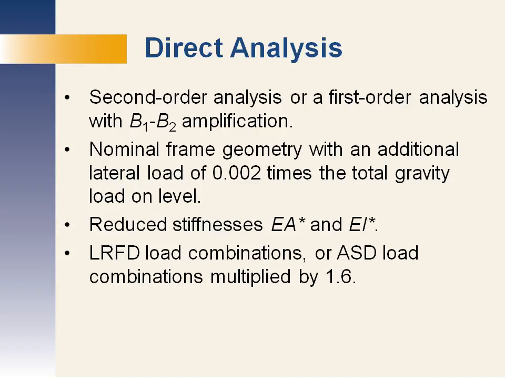The fourth thing that we have to do is use strength level load combinations. That's LRFD load combinations, which is easy if you're doing LRFD. If you're choosing to do ASD, all is not lost, however. You just multiply your load combinations by 1.6. That factors them up. You get your results. You divide the resulting moments and forces by 1.6 for design. And what that is, you need the strength level drift of the structure to get the right amplification for second order effects. You can't do it at the working stress level. You have to do it at the strength level.